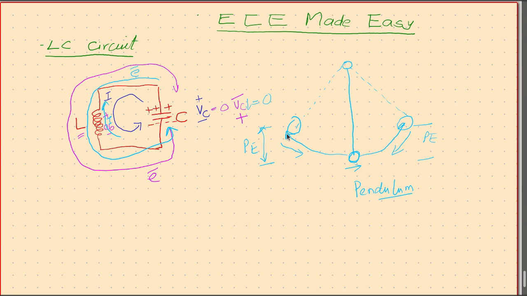So here we have potential energy, here we have kinetic energy, here we have potential energy. So this exchange of energy, potential to kinetic, kinetic to potential, potential to kinetic, continues. So potential energy becomes kinetic energy, gets back into potential energy, and this cycle gets repeated again and again and again, and because of this what we see is this wonder.